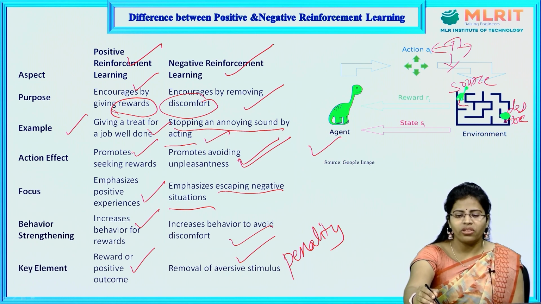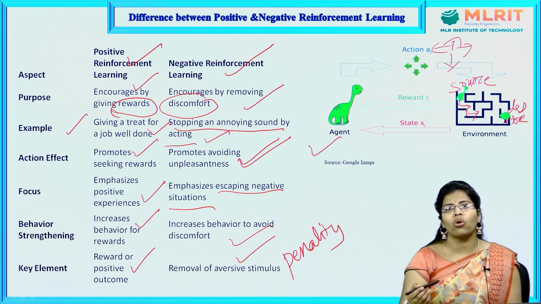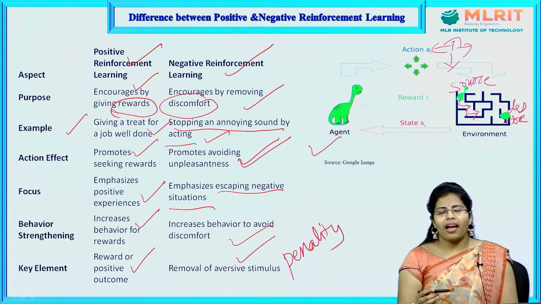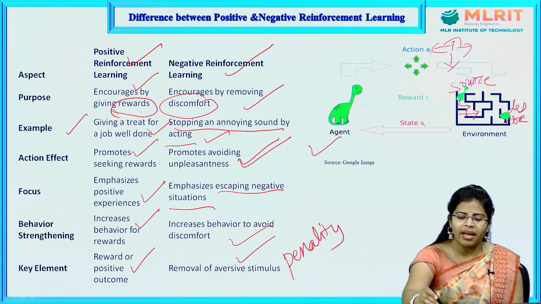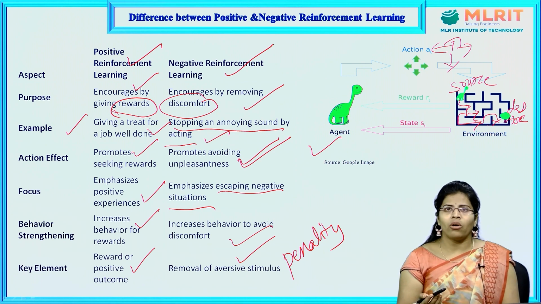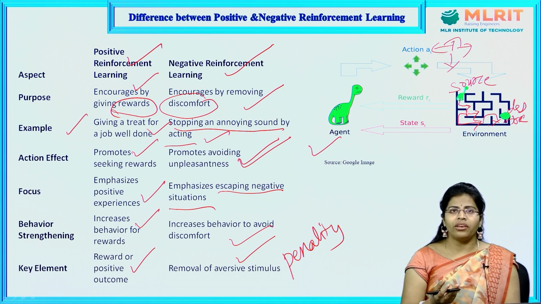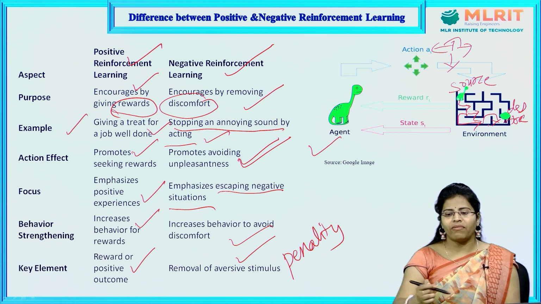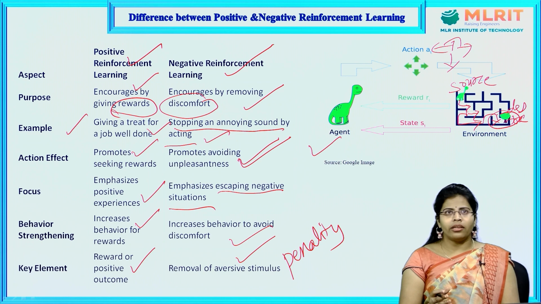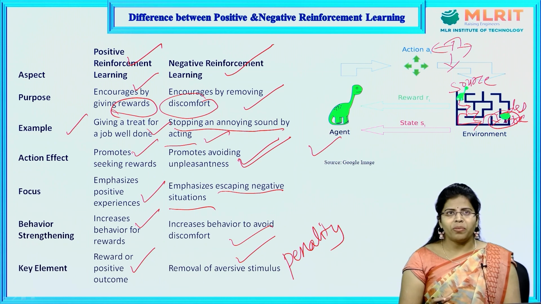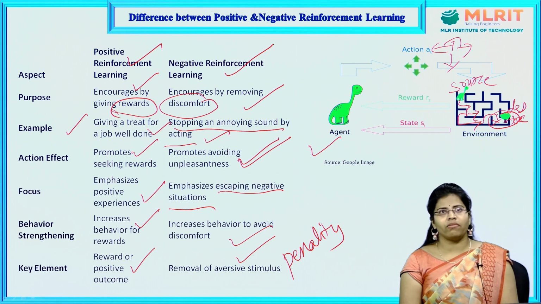He needs to select the correct path. So, whenever he is choosing this path, it is correct. Whenever he goes this side, it is a wrong step because he gets hurt there and he is going to get penalty for that. Then he comes back to the right position, selects here and reaches the destination. So, that's how it is going to select the best possible path on a trial and error basis. Whenever it selects the wrong path, it is going to get penalty. That's how it is going to be trained, selecting the best path and finally reaching the tree. That's how reinforcement learning works in the form of rewards and penalties.